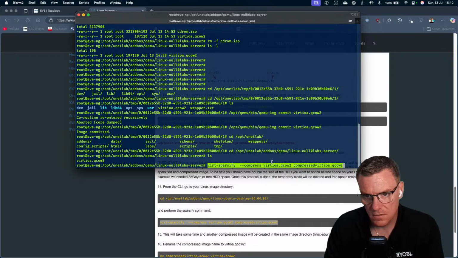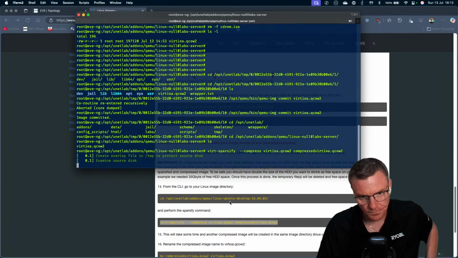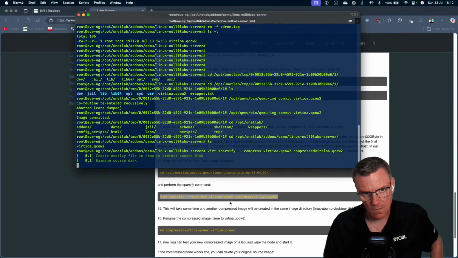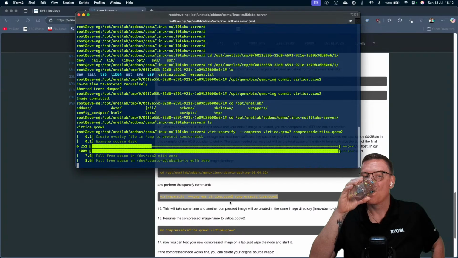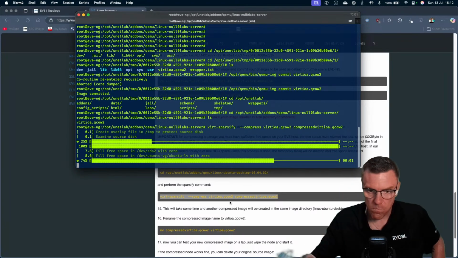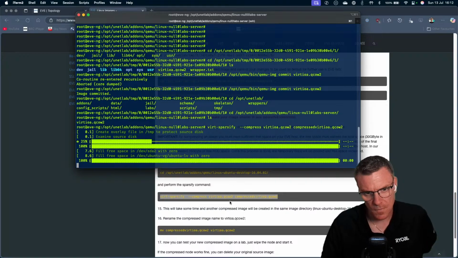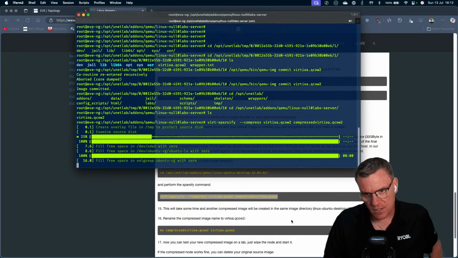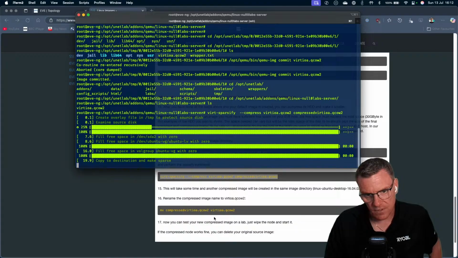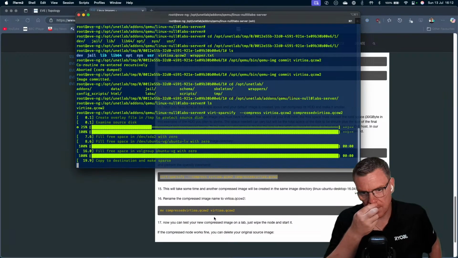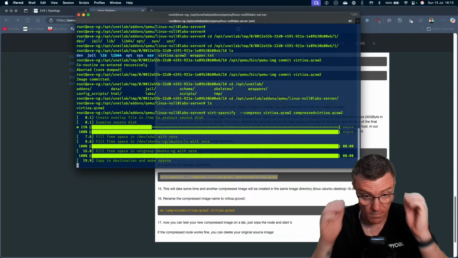Paste. Once that's compressed, we are then going to overwrite the original file with the compressed version. We can then move that node into the lab, and then we've got to build